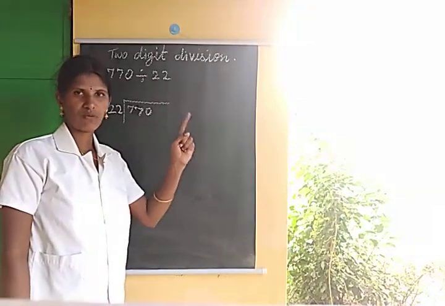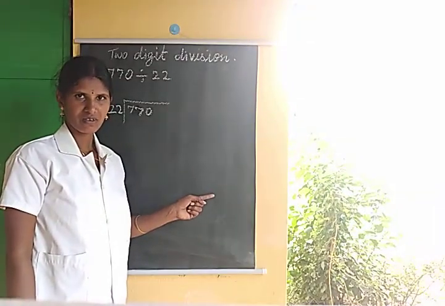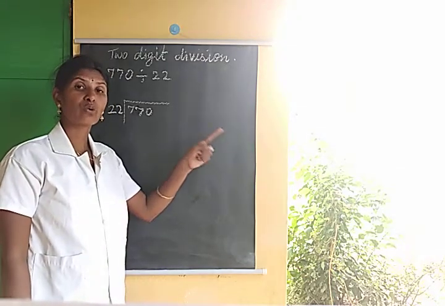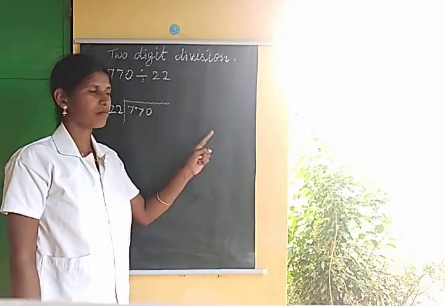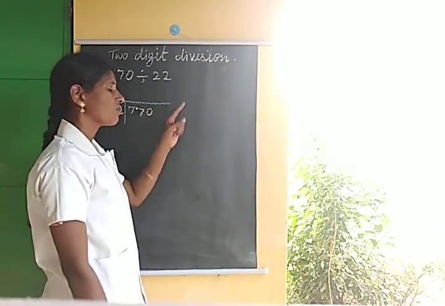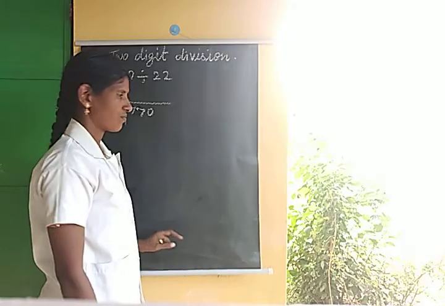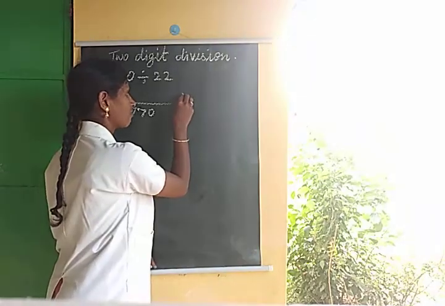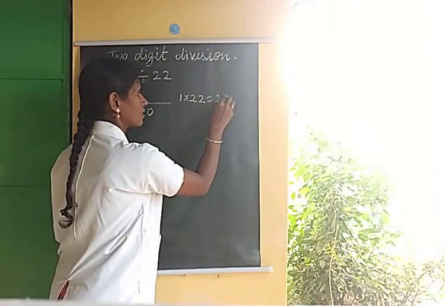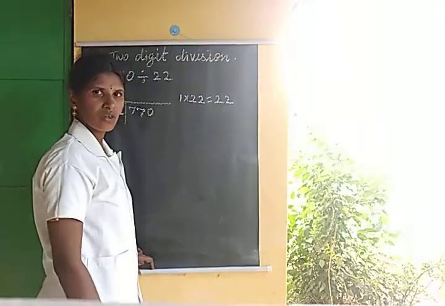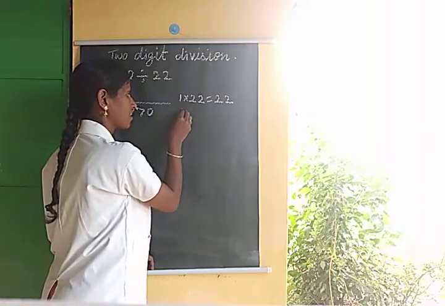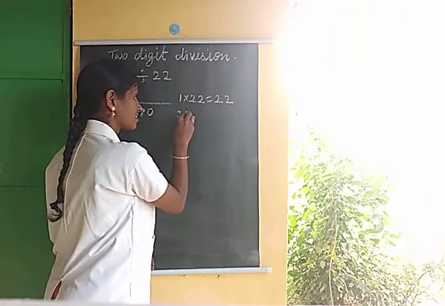We know only one-digit number tables. We are reading only the 11th table and 12th table, and all two-digit numbers, but we do not know the 22nd table. So we have to make a table ourselves. It is very easy to make. 1 22 is 22. Then leave a little gap and write the second step.